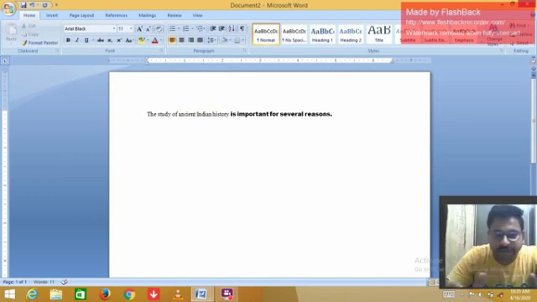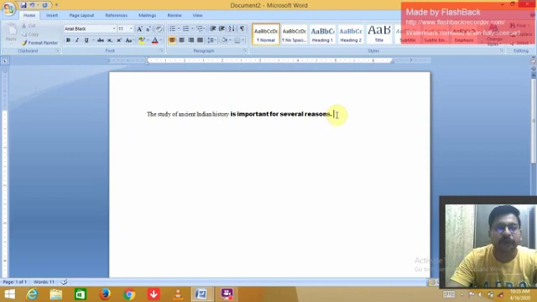Now you can see the difference between these two faces. This one, which I highlighted, is the Times New Roman font face, and this one is the Arial Black font face. You can choose any of them of your choice. All of you understand how to change the font face.